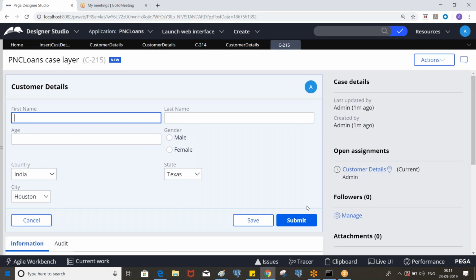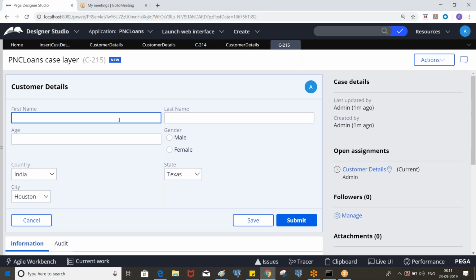If you click on submit, it will be completed and the activity also will be executed. After that, you cannot trace it. You cannot see anything, but you can see the final result in the database and on the clipboard. So before clicking on submit, you need to open the tracer, right?